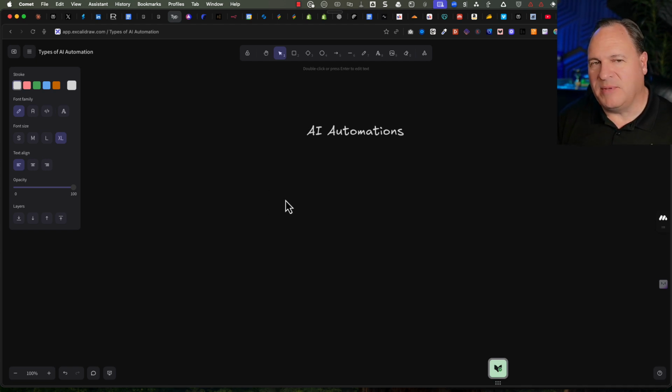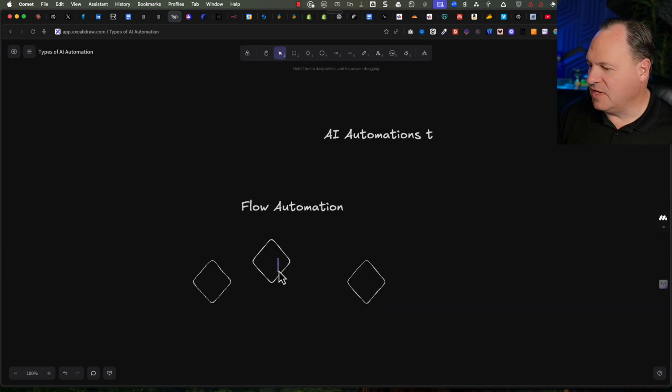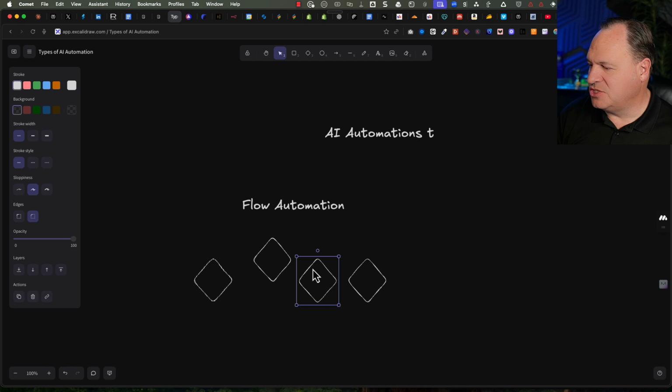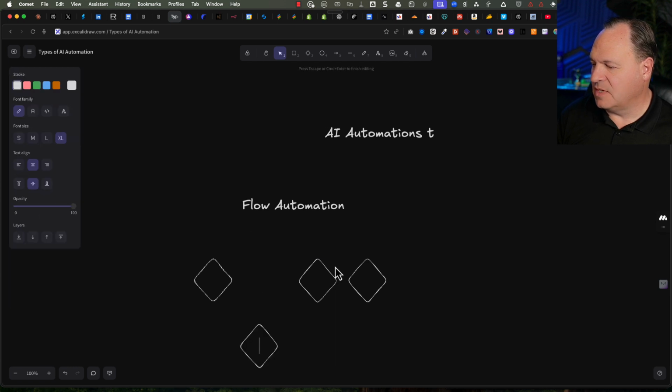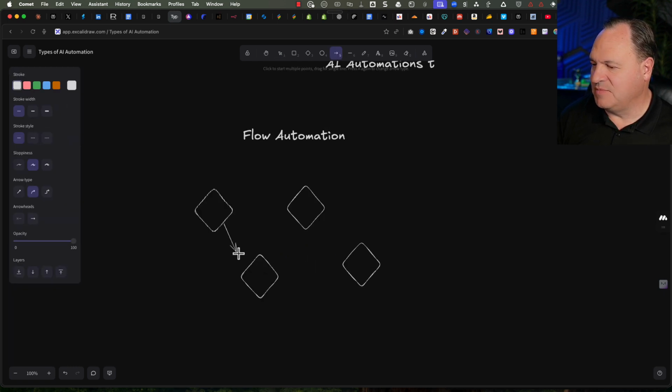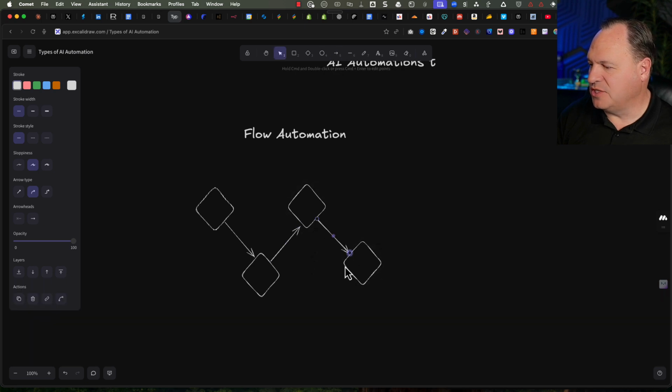When we think about automations, the absolute workhorse is something that we call a flow automation. And you're going to see that a flow automation is actually just a collection of different nodes that can be positioned. Some input would come in here, some action would be taken, that might be passed to a different variable over here, and then finally, it might reach a conclusion over here. So input comes in, something happens to that content, something happens again, and then you finally see an end result.